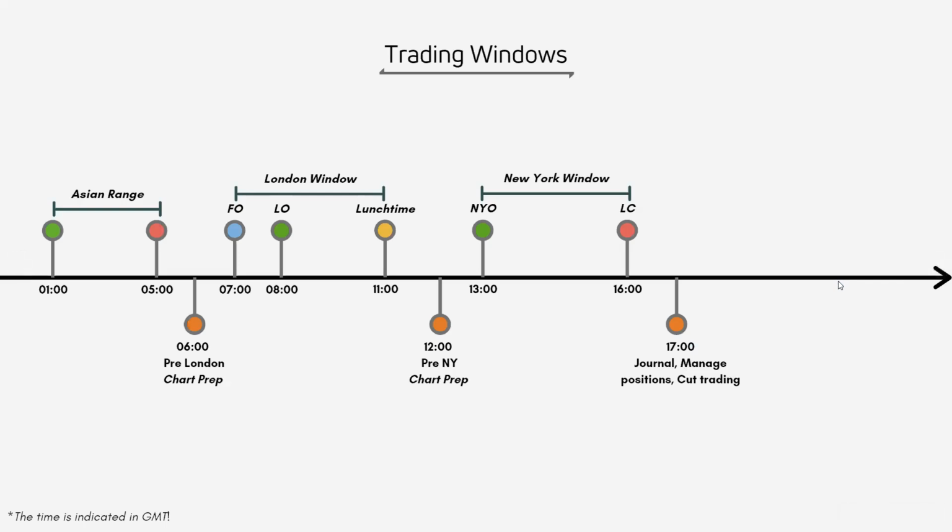And again, I've been listening a lot and reading a lot of books as well. People, not only traders, cannot be focused for more than, let's say, 2 hours. So you have to determine for yourself when you can be completely dedicated to trading for at least, let's say, 2 to 3 hours. Because let's say you have your London window, that is 7 to 11. This is 4 hours. And then you wait a little bit and then you trade New York. Another 3 hours. So you are not going to be focused all of that time. Therefore, try to figure out your trading window and when you are going to trade.